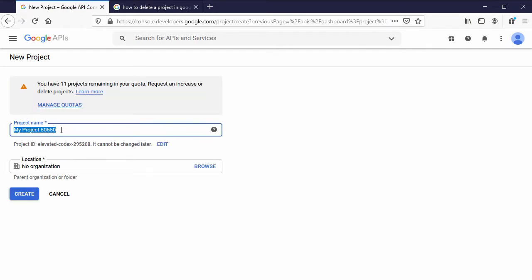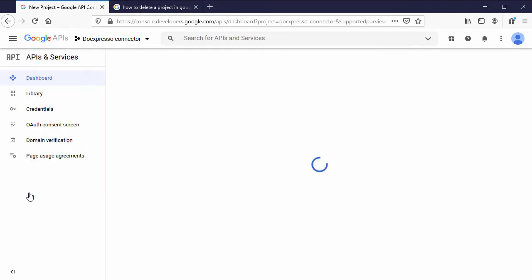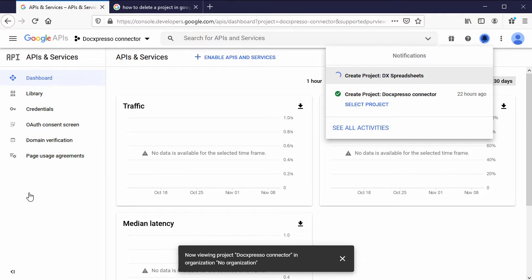We are invited to create a project that we are going to call something like DX Spreadsheets, and hit the Create button. Well, the project is created,